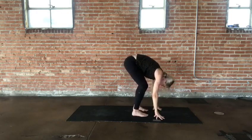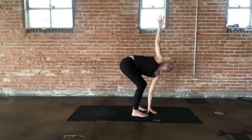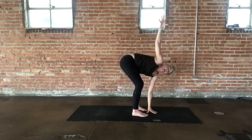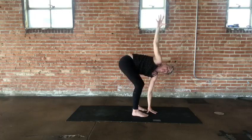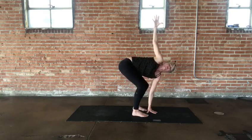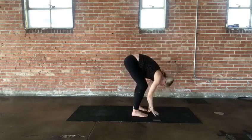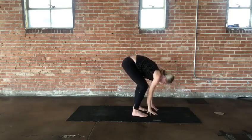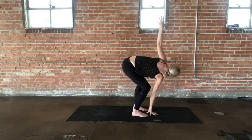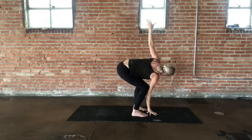Keep your left hand just between your feet, and inhale, right arm opens up for this twist. Exhale, you can try to keep your legs straight. This is the Katie Shifkin way, or you can bend your knees a little deeper. Take one more inhale here. Exhale, fold. Switch sides. Right hand down, inhale, open up to the other side. Exhale, you can sit a little deeper, or you can